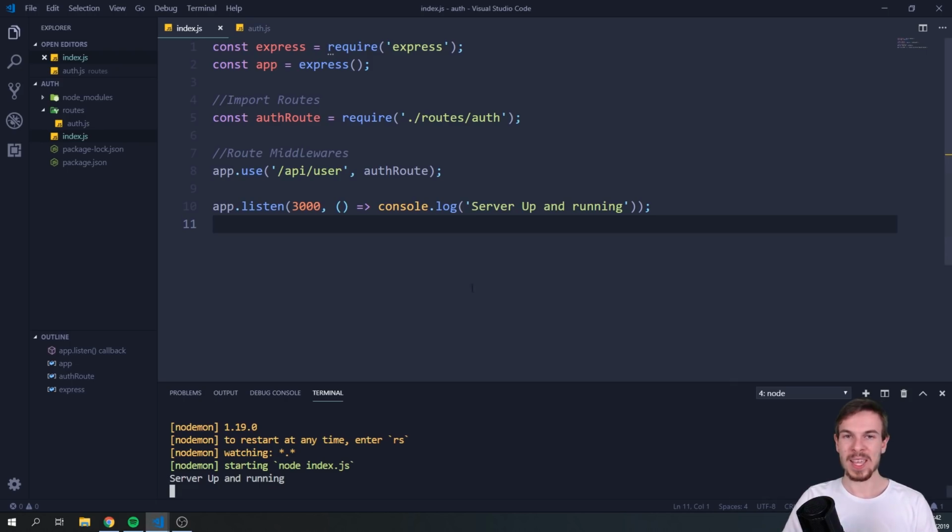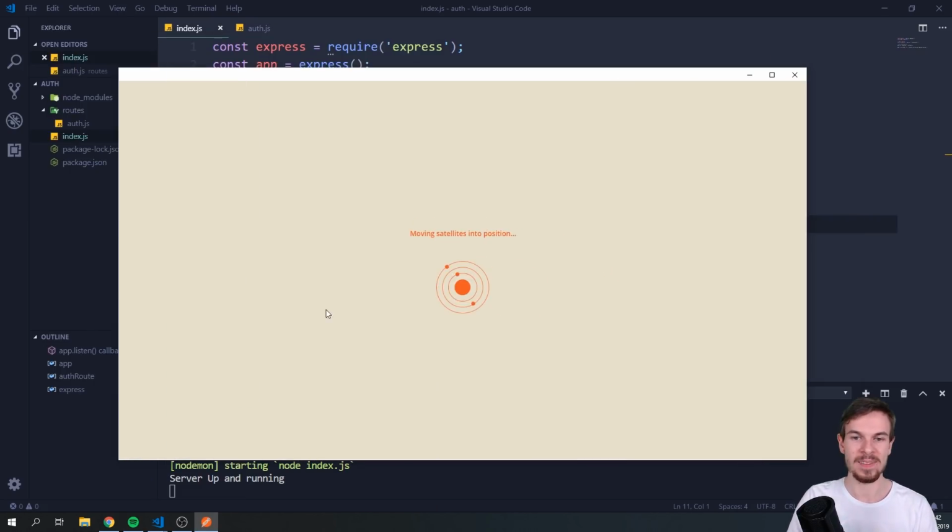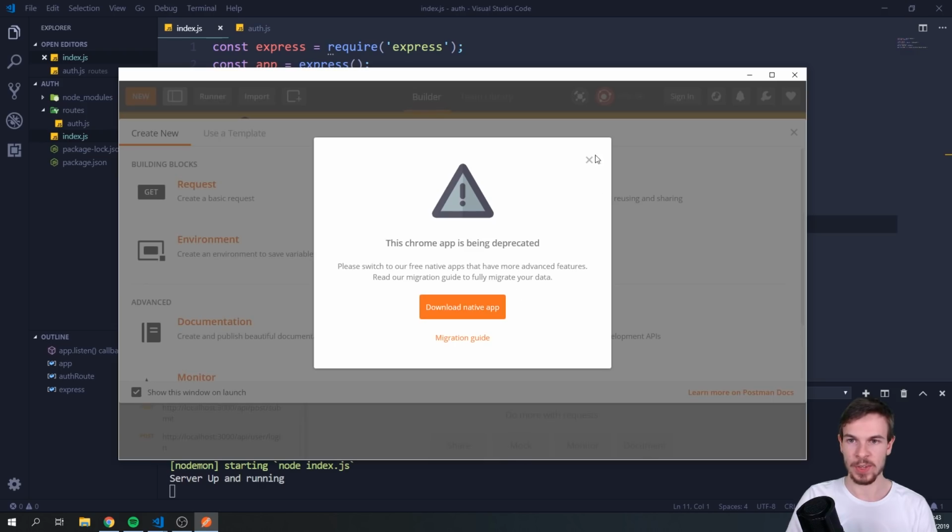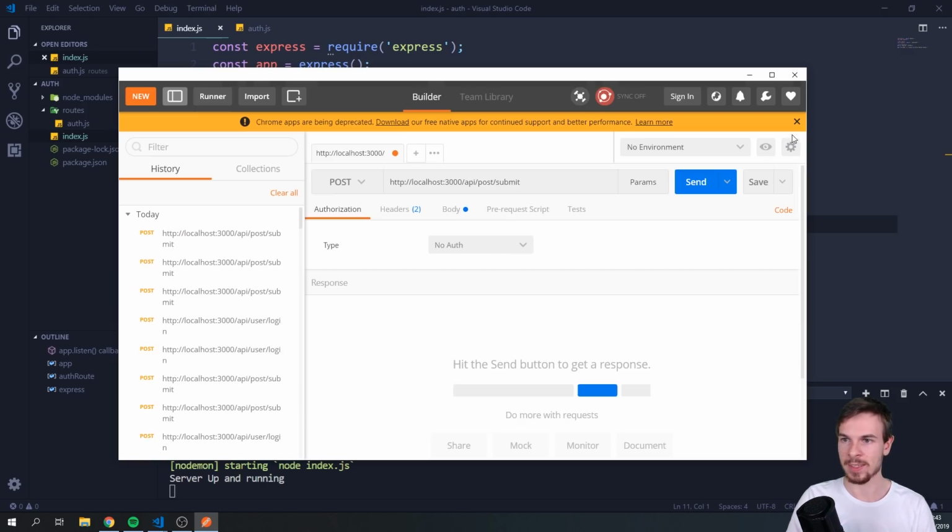All right, so what we can do is open up Postman. There we go. You can download it off the internet if you want. You just search Postman and you should get this. All right, this is going to take a bit to load up, which is fine. Let's close this. I don't know what that is. Close everything. Okay, so when we go to